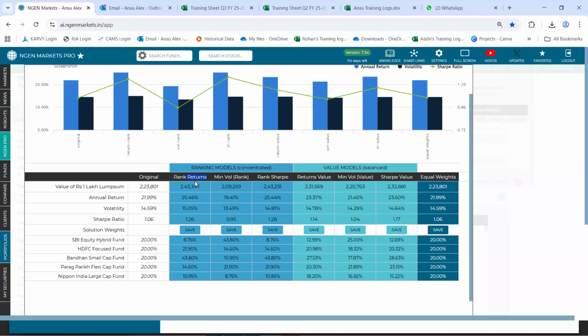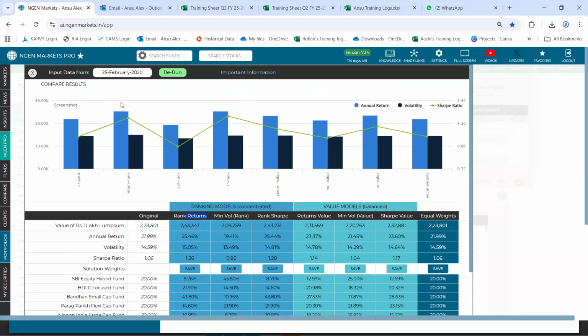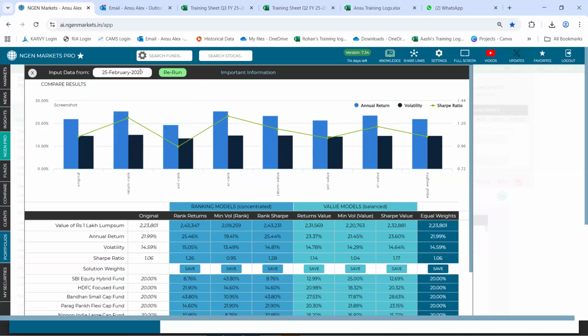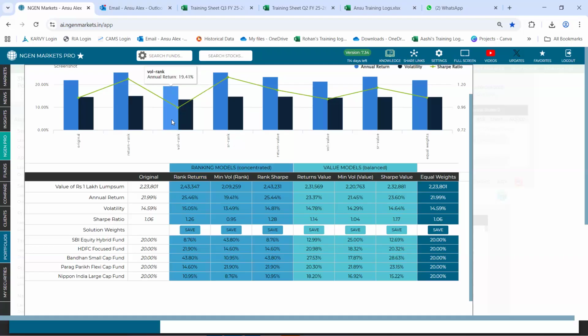So this improvised portfolio section, historically based on the time period that you set, which you can edit as well, in the 5.5 years that we had set, calculated the returns generated by each of these schemes, and based on those returns, the best was generated by Bandhan Small Cap, and hence it got an allocation to an extent of 43.8.